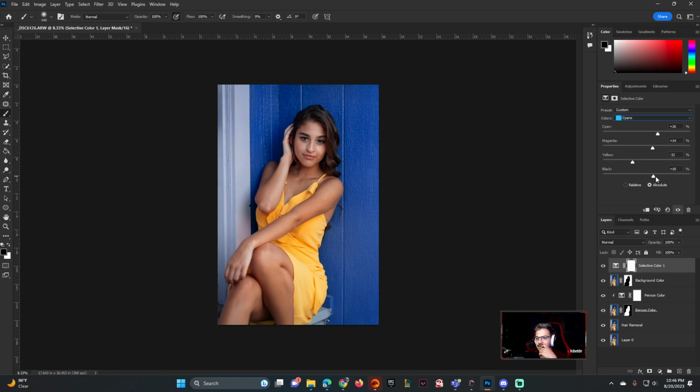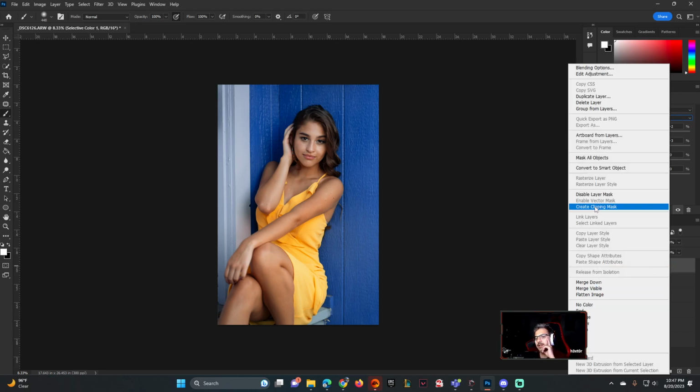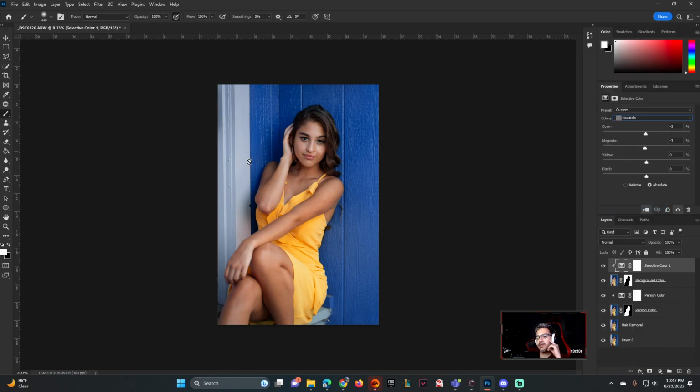I'm kind of liking this. Yeah, that looks pretty good. I'm not going to mess with the blues that much. I'm going to go into my neutrals. Something like that. I kind of like it like that. And then right click and create clipping mask. That's going to make it so that it doesn't apply to her, and it only applies to the blue color